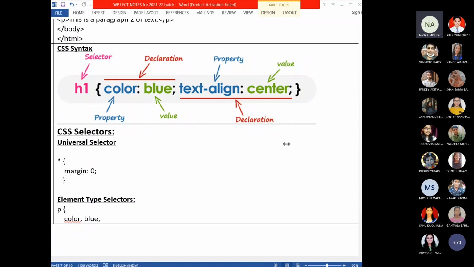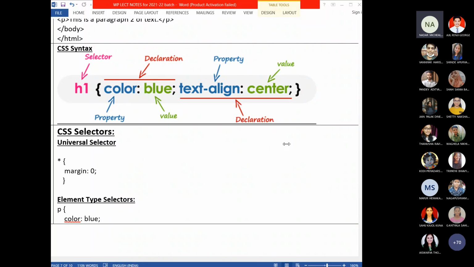Ma'am, in inline CSS, we write the CSS code in the HTML page itself. Neha, I did not get it.